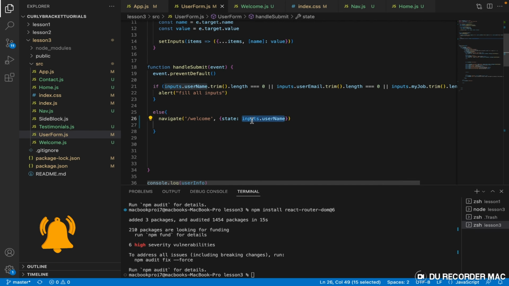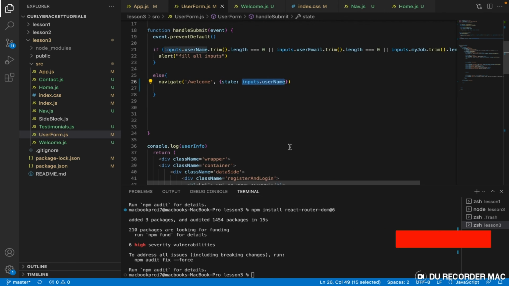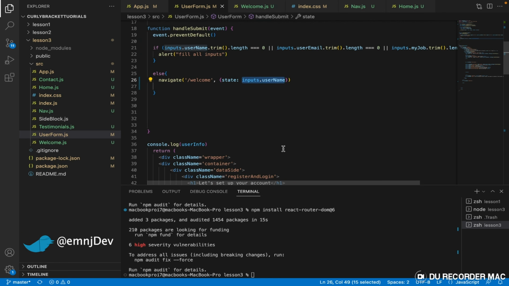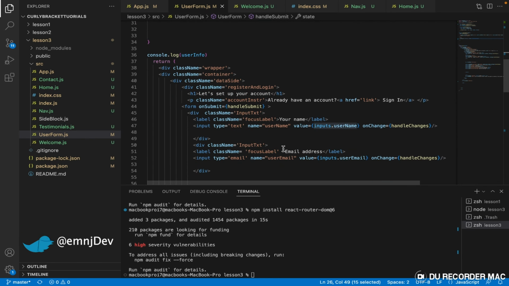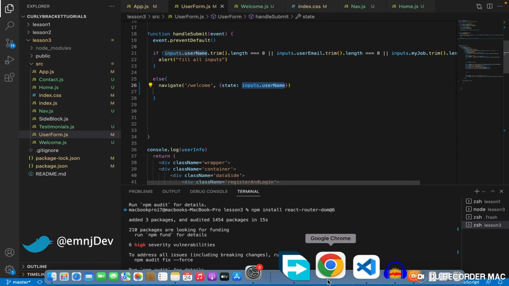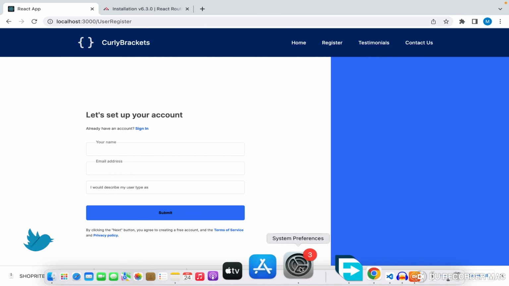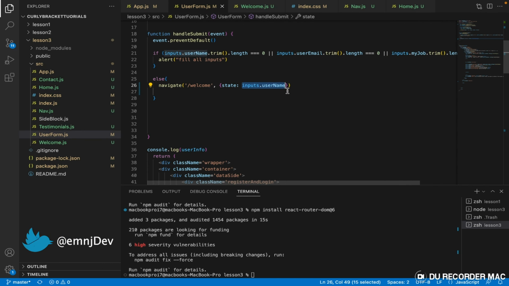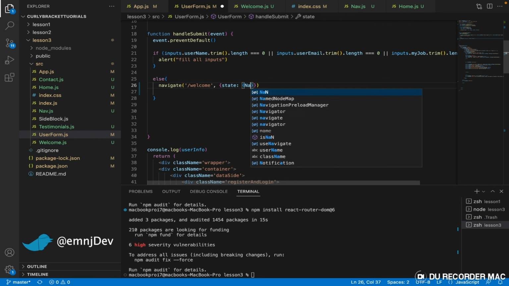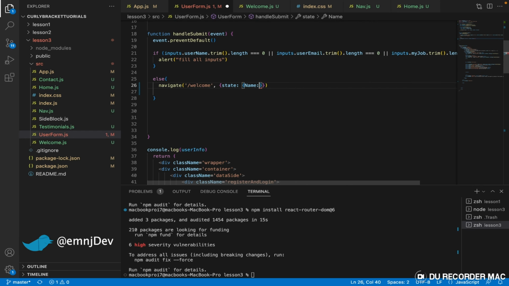Now what if we want to pass everything we entered? Of course we used only the name, but there is still other information in that form that we might decide to make use of. So how do we do that? All we need to do is say state, we put another curly brackets. Now we need to make it an object. So input.username,